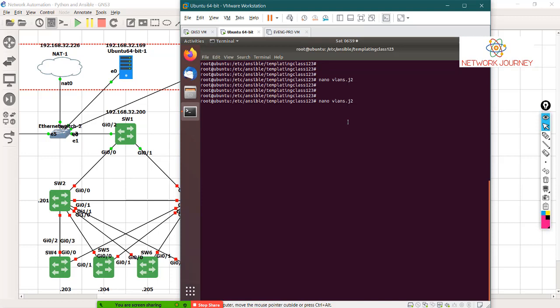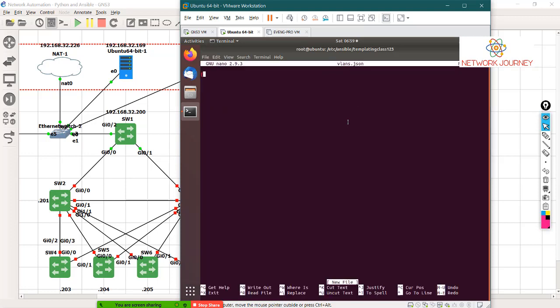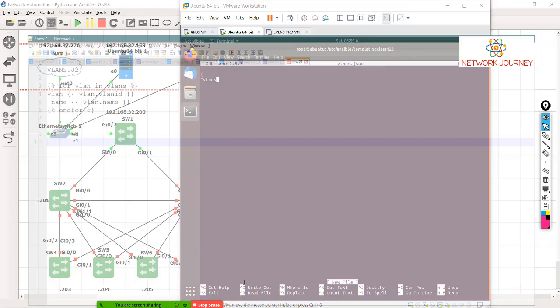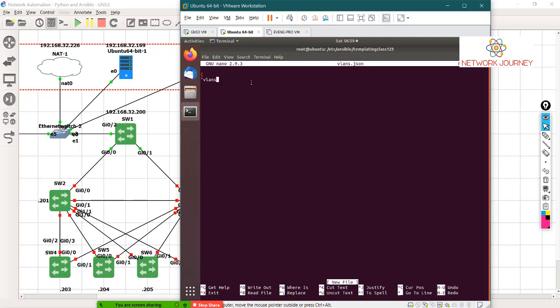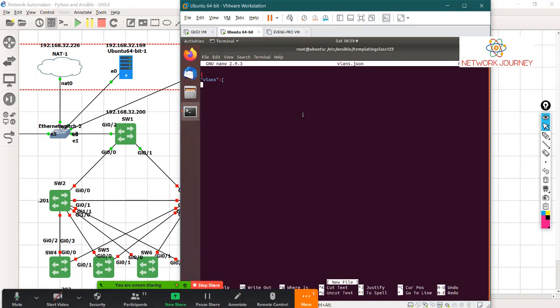And now let's talk about creating that data model, the model where you will be inputting your values, right? So let's make it VLANs.json. Let's follow some pattern. Let's say it's VLANs now, because that's what you're using in your template, right? VLANs. So you're going to make use of that VLAN here, and make a bracket. I'll explain how you follow this JSON. There is an easy way to do that.